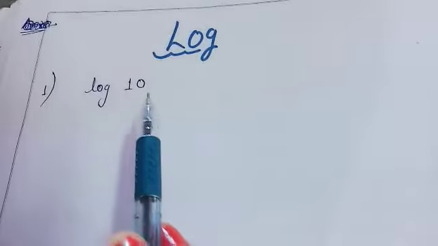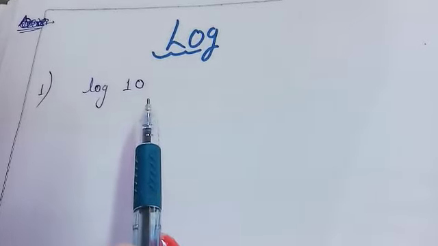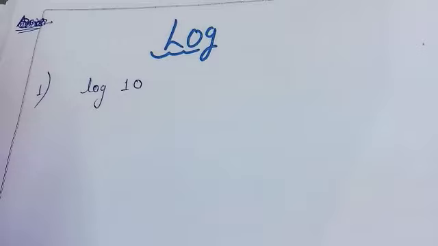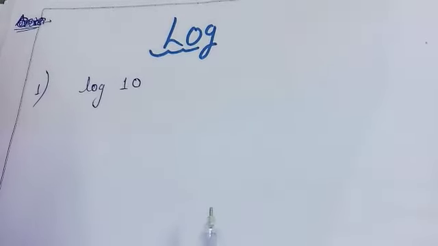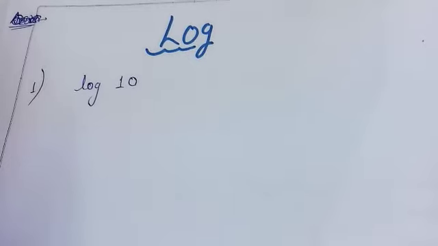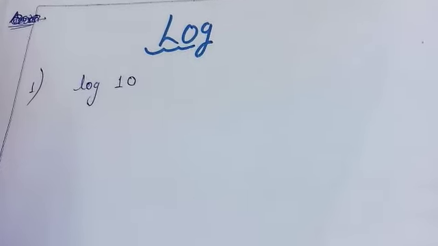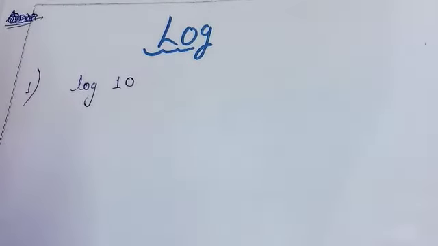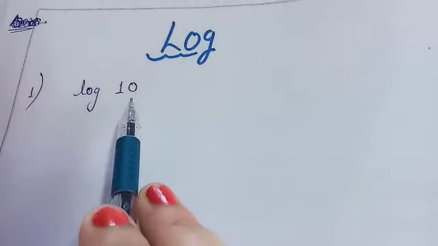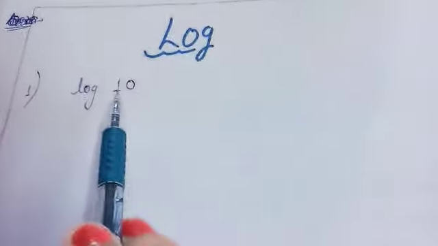In case of log, remember one thing, you have to see two values. Starting 2 digits you have to see in the table, and the third one separately. Either your 2 digits are with decimal, without decimal, or decimal may be in between, but you have to see 2 digits. Now just see here 2 digits are there. And one more thing, the first digit should not be equal to 0. The first number should not be 0.